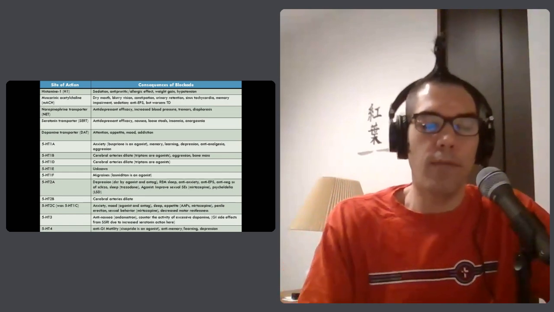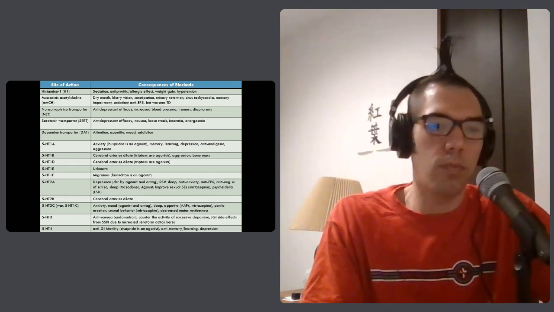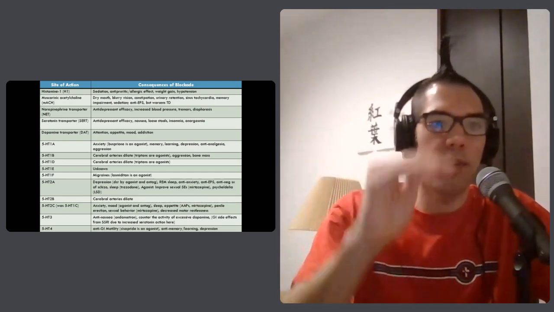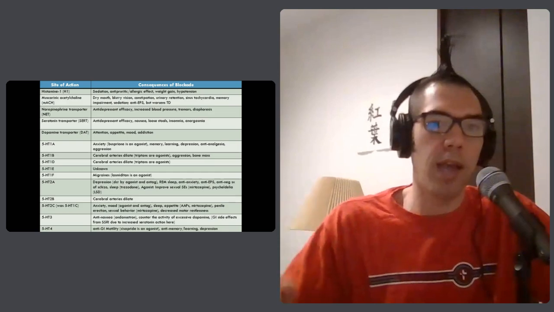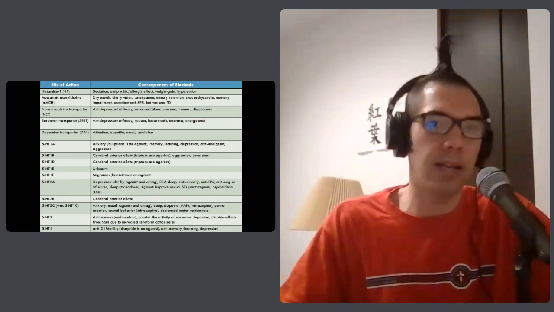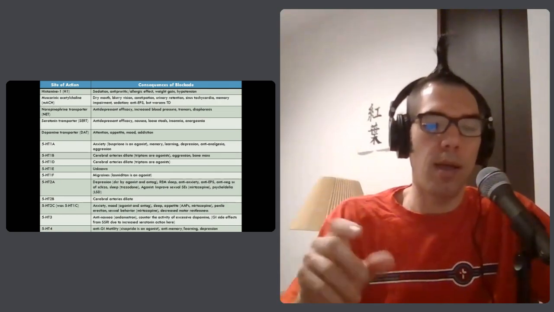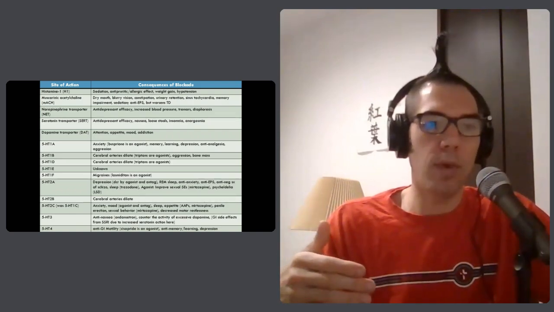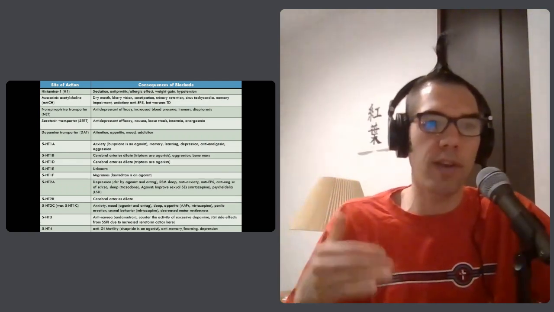So if you can see it, following along, I started off with the histamine 1 receptor. This is, of course, what's used for allergies, right? The antihistamines. On the left, I've got the site of action, the receptor's name, and on the right side, I've got consequences of a blockade. So this is what happens if we antagonize the receptor, if we block the receptor. And then I've got in parentheses for a couple of them, if we agonize it, meaning we kind of light up that receptor, what happens? But most of these are the effects of blocking these receptors.